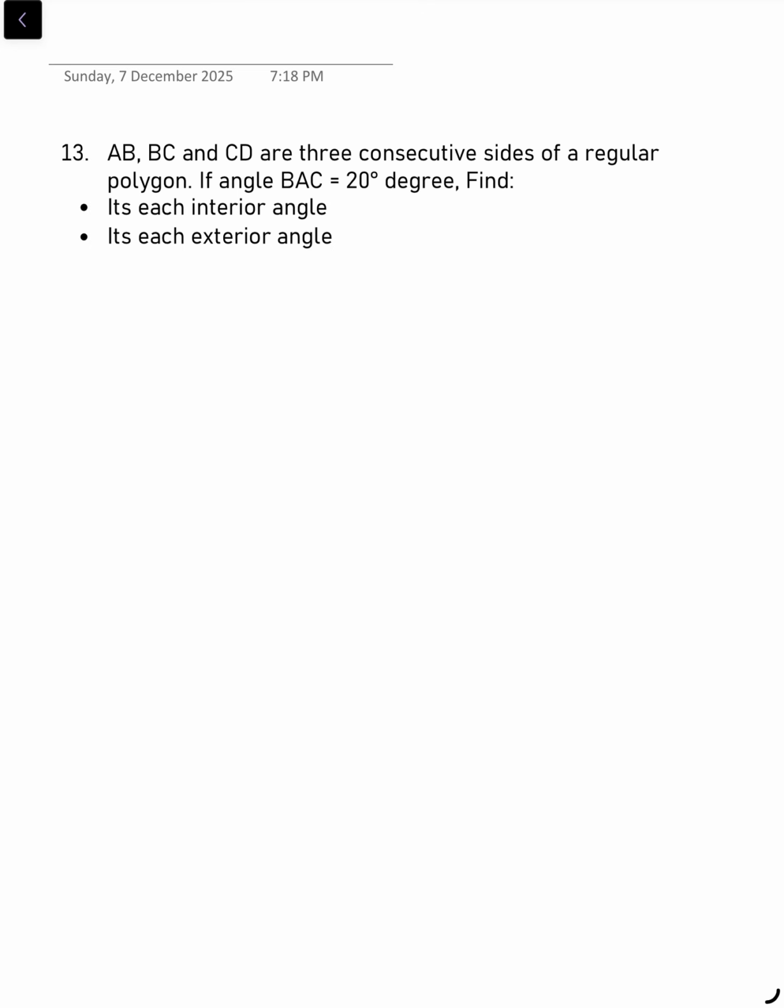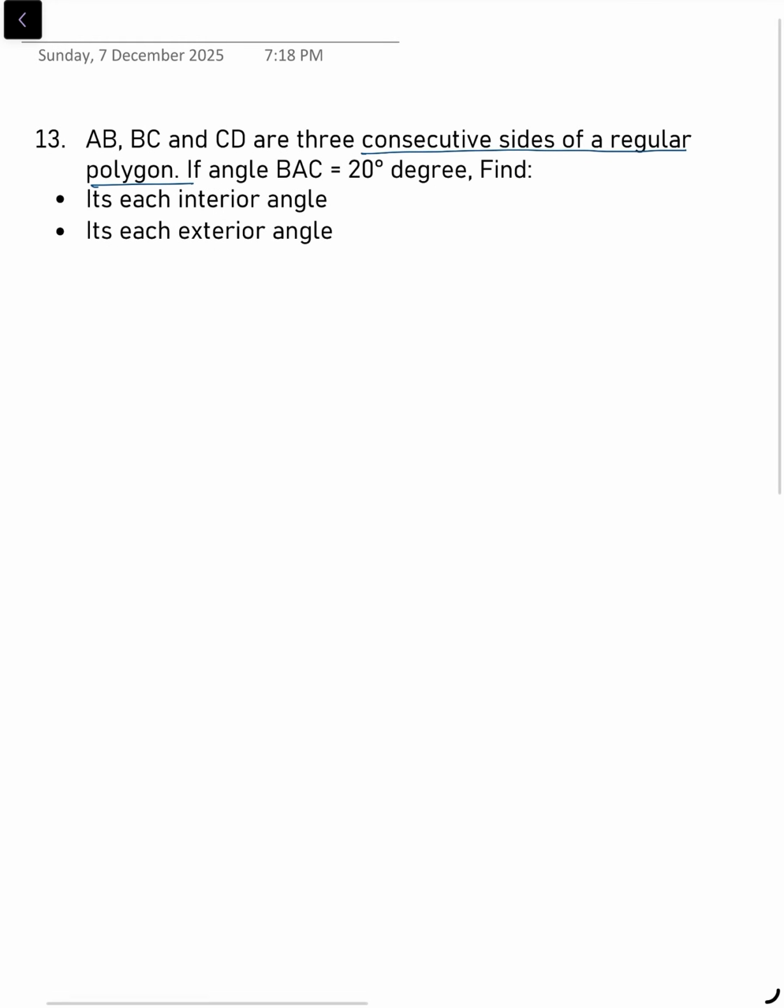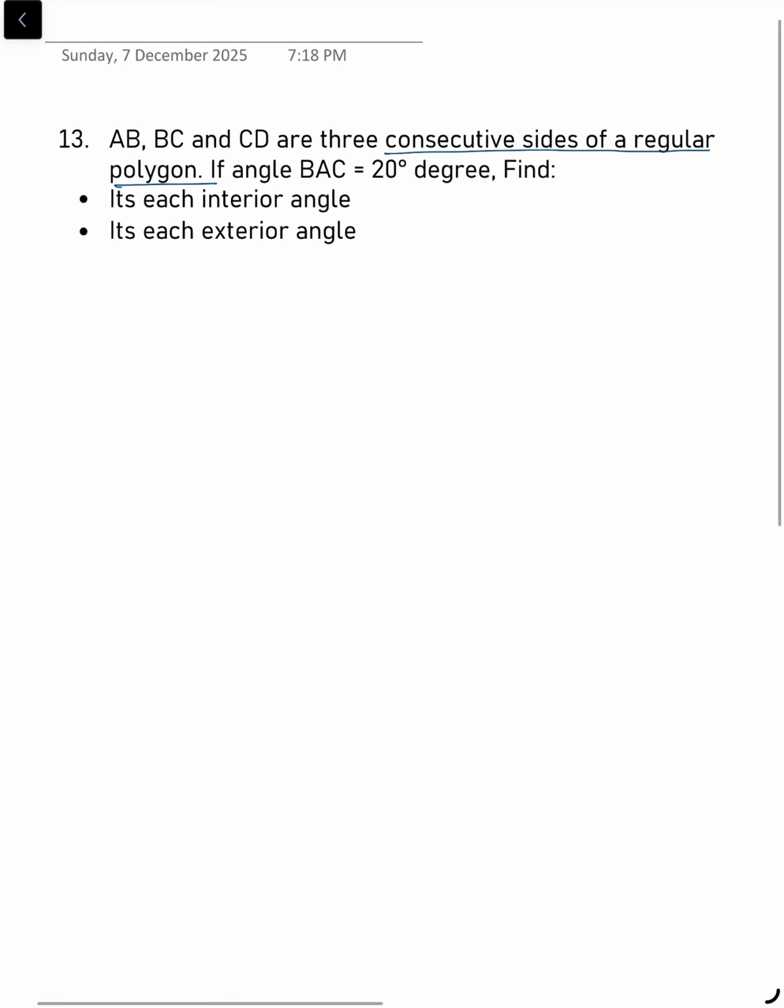So they have given here the three consecutive sides of a regular polygon. You know what a polygon is, and here it is a regular polygon. A regular polygon is one which has equal sides, equal interior angles and equal exterior angles. So randomly, if I draw one diagram of a regular polygon, we don't know